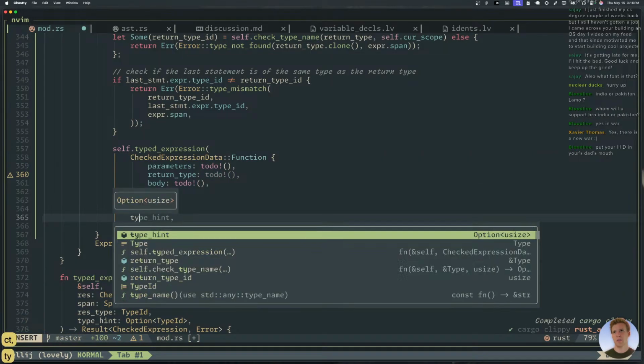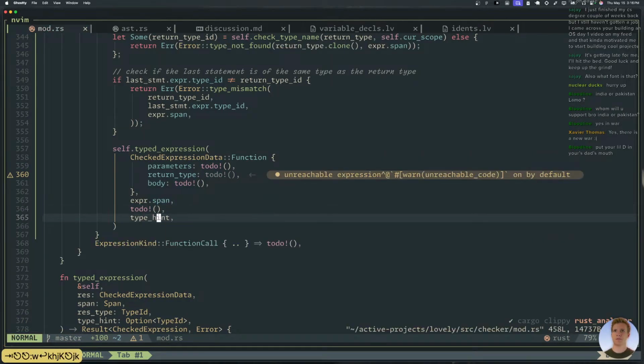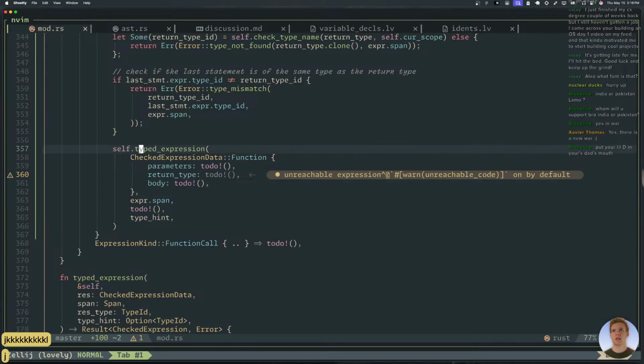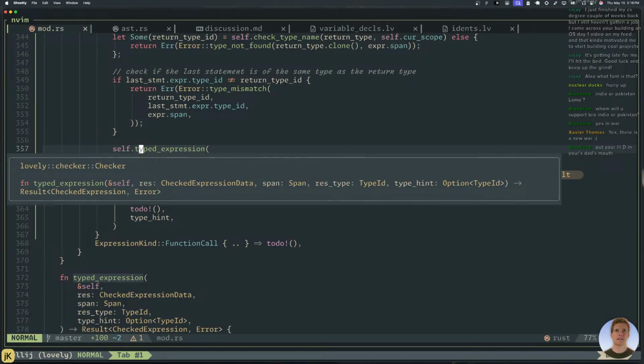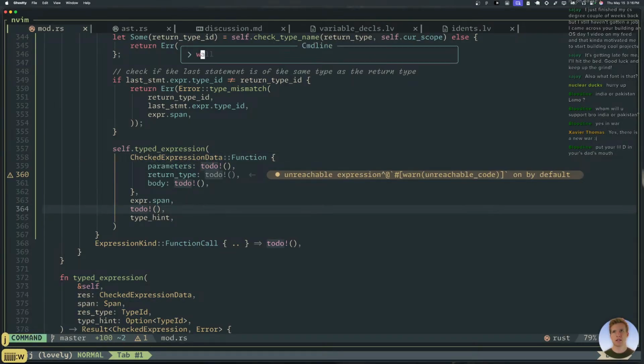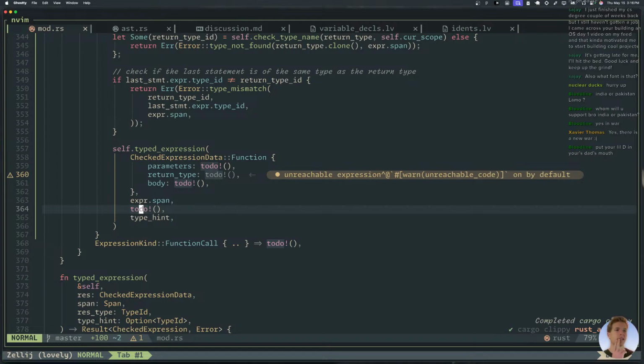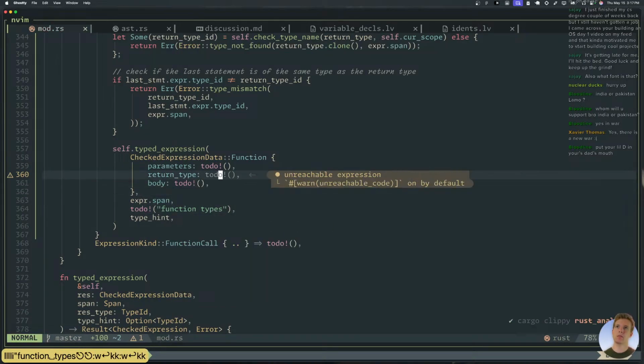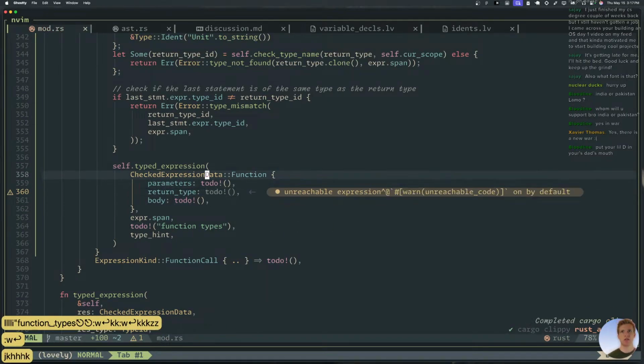Oh, this is actually the type hint. That's correct. And then we don't have any way of expressing function types, which is perhaps a problem. Function types. I just realized that.